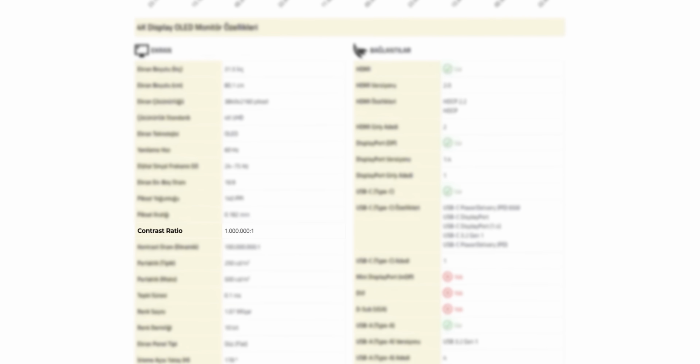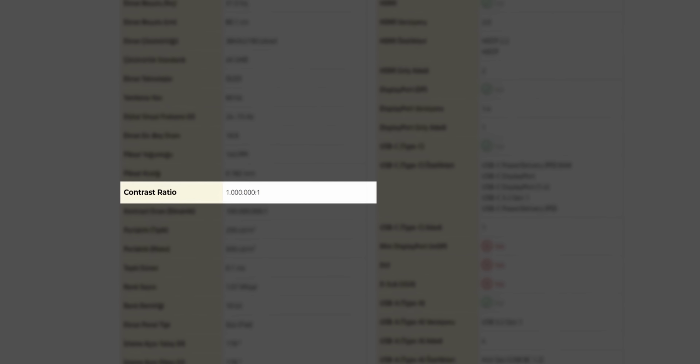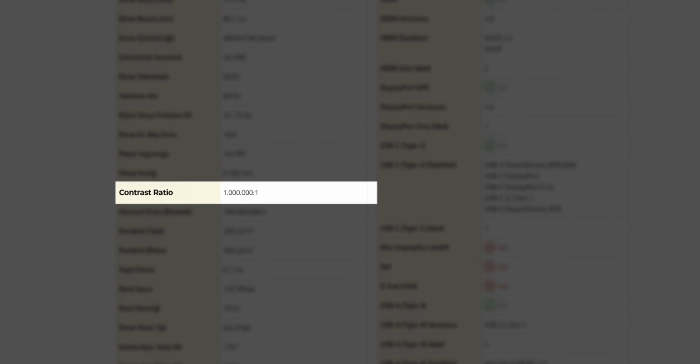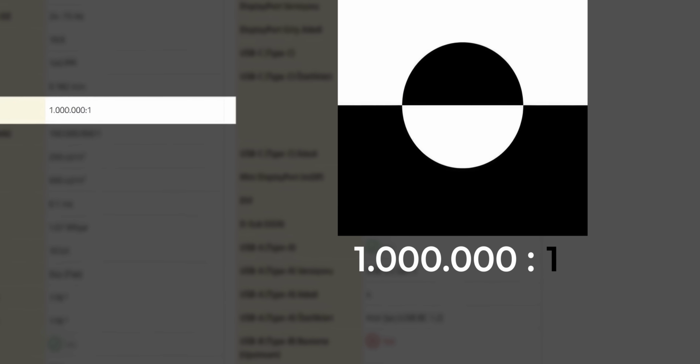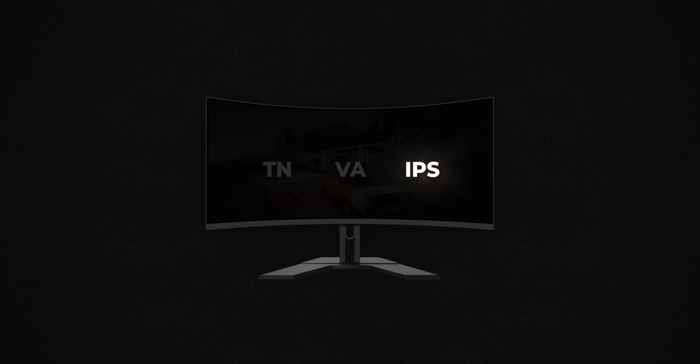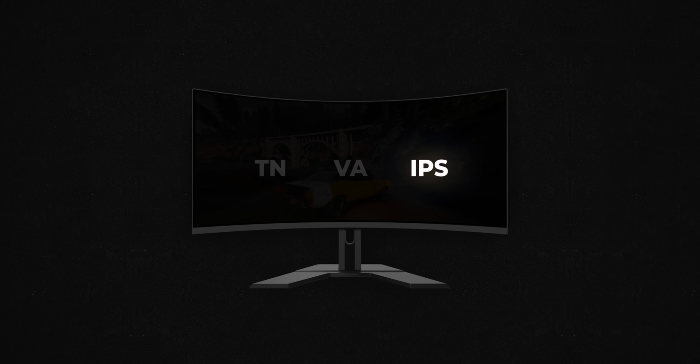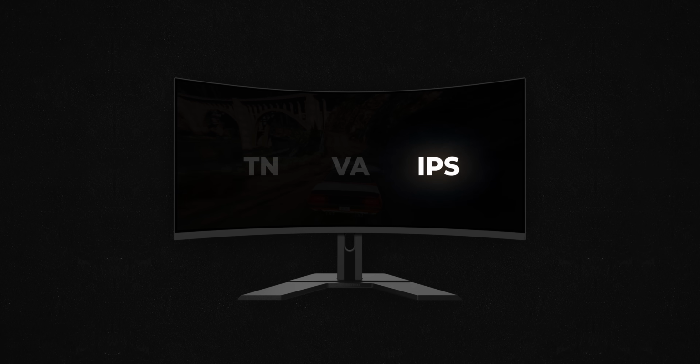3. Contrast ratio. In the technical specifications of a monitor, you'll find ratios like 3,000 to 1. This ratio indicates the difference between the brightest white and the darkest black the monitor can display. The larger the first number, the wider the difference between black and white. This means the monitor can represent a greater range of tones. Therefore, if you work with colors or play games and want to see vivid and colorful scenes, you need to choose a monitor where these three values are highest in order of importance. Now we understand the IPS panel. What did we say? If we care about colors, IPS panel is good to go.